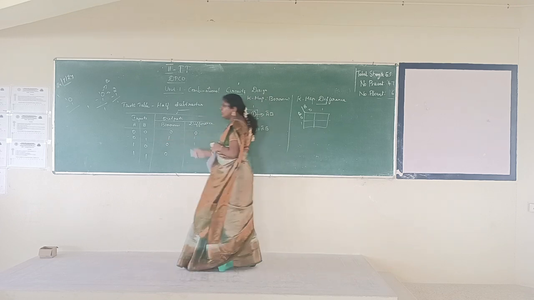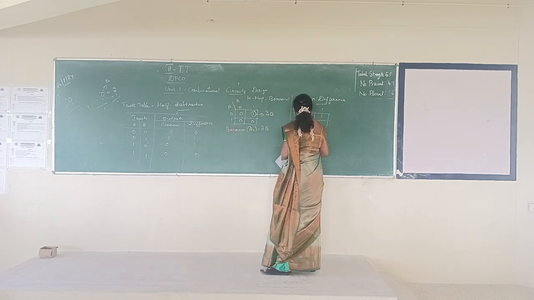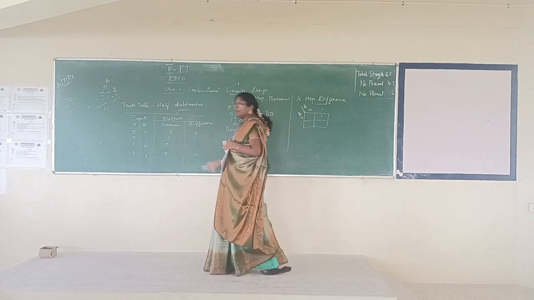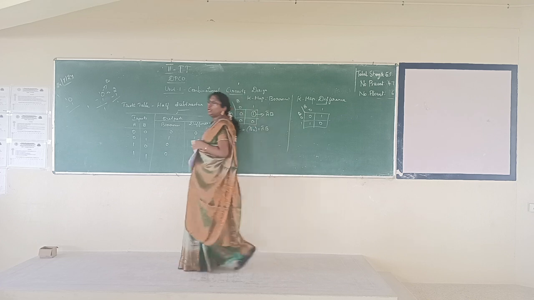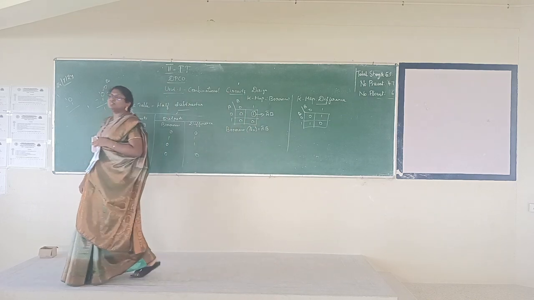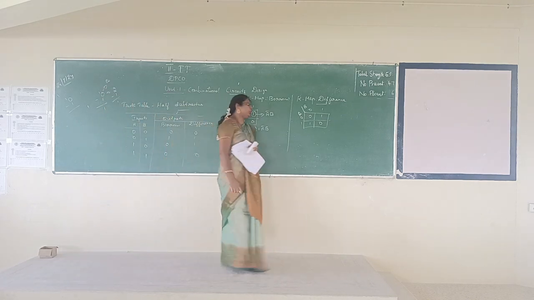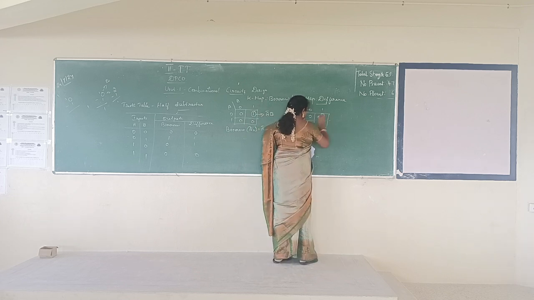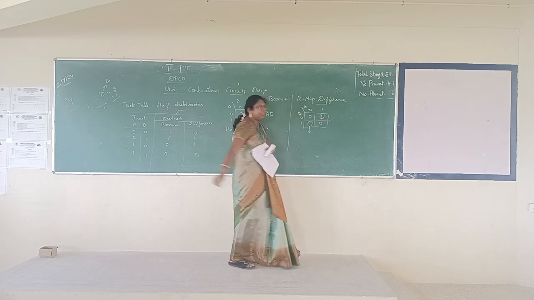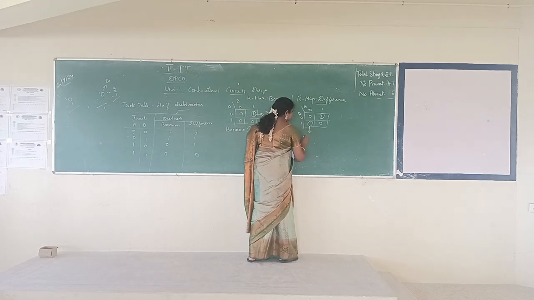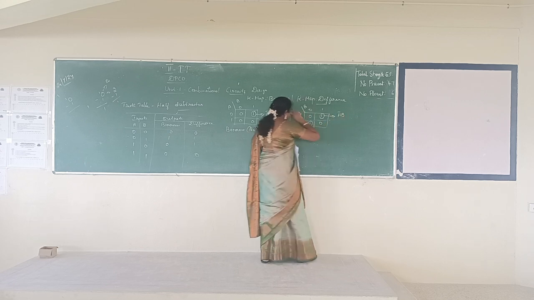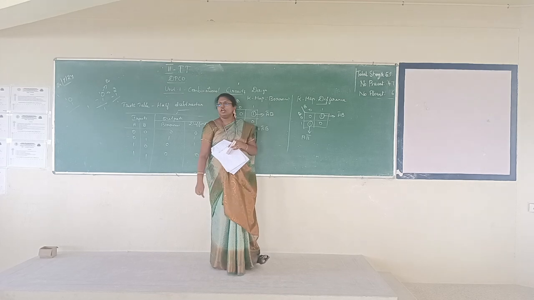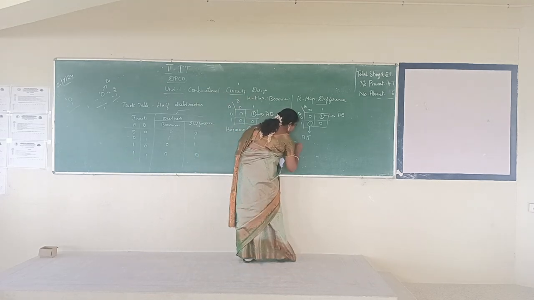For 0 1 the output will be 1, and for 1 0 the output will be 1. Is there any possibility for a quad or a pair? No. So we group them individually. What is the expression for this? A B bar and A bar B. So D is equal to A B bar